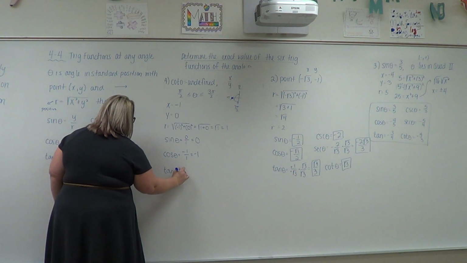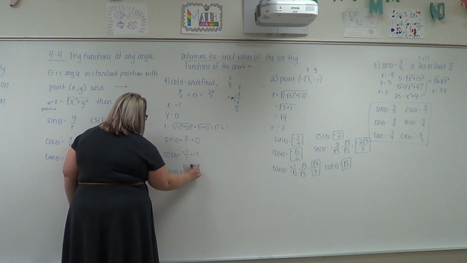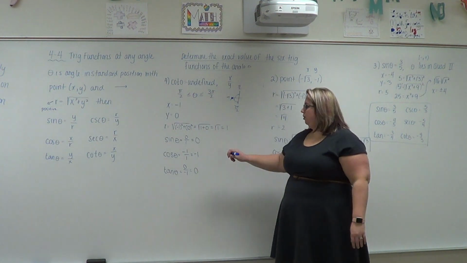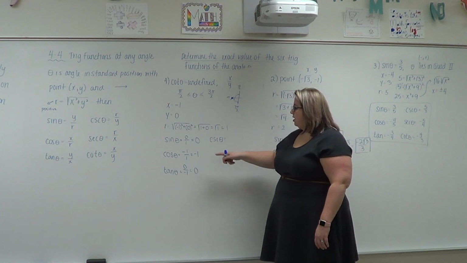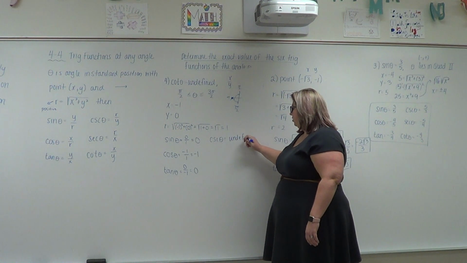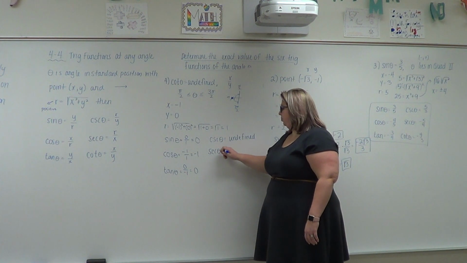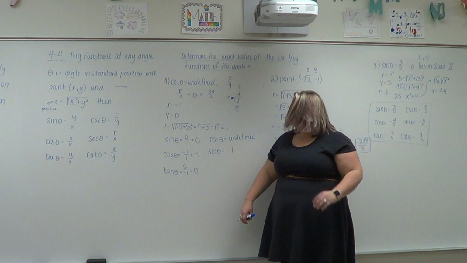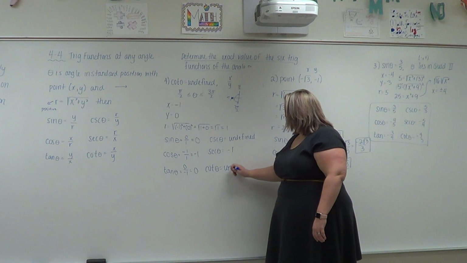Tangent, that's y over x. So 0 divided by -1 is 0. The reciprocal of 0 is going to be undefined. So the reciprocal of sine, which is cosecant, if that's 0, if I flip it, that's going to put 0 on bottom, so that's undefined. What about secant? What's the reciprocal of -1? It's still -1. And cotangent, which is what we were given in the beginning, but the reciprocal of 0 is